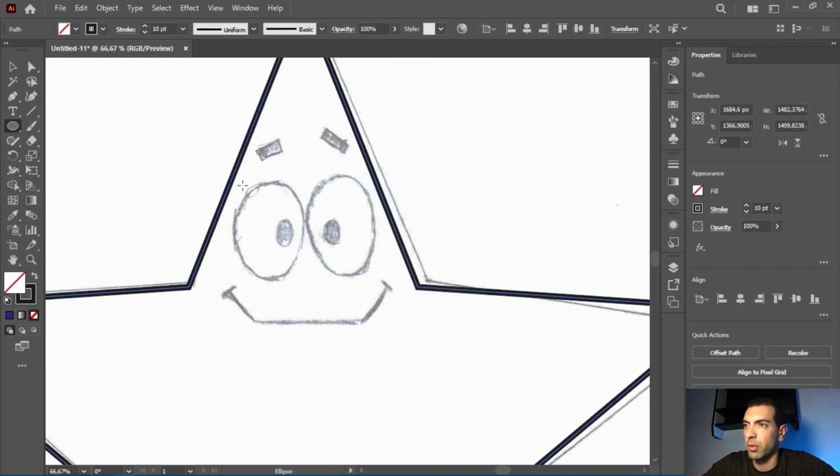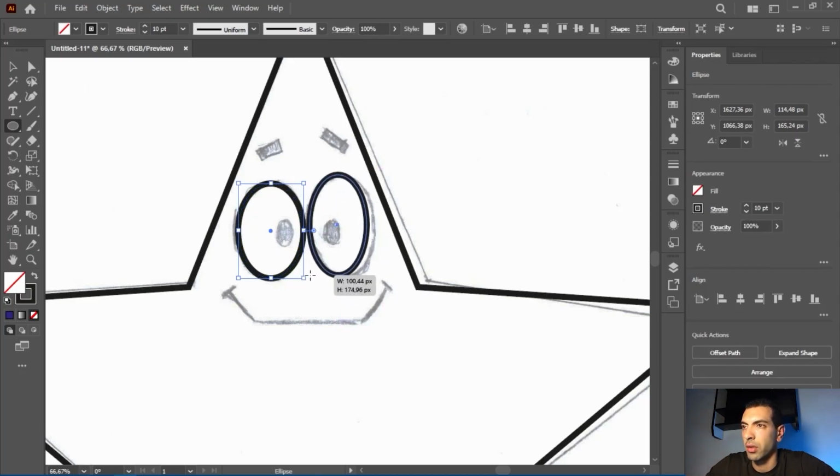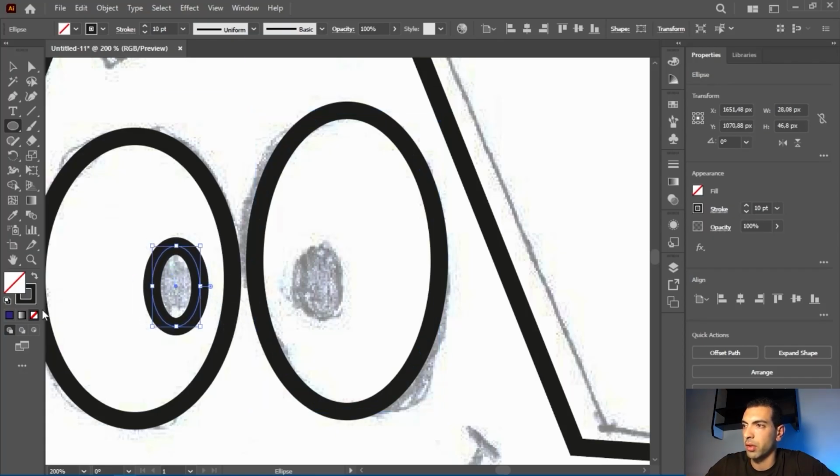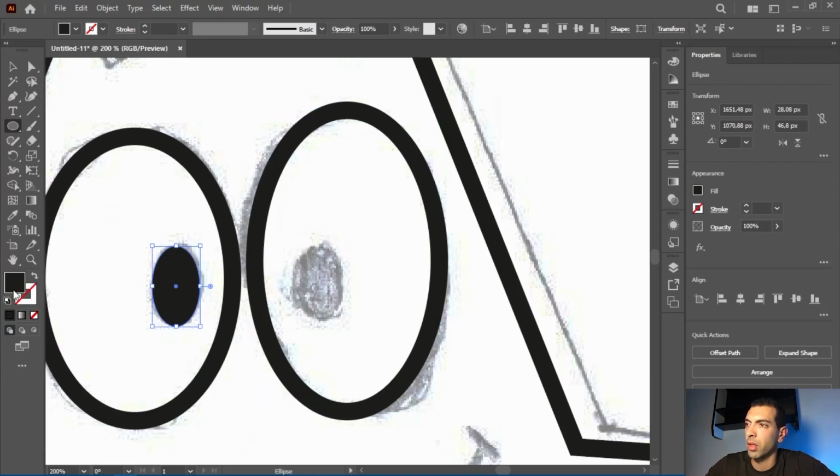I'm gonna choose the ellipse tool, and I'm going to draw the eyes just like that, and another eye here. I'm gonna zoom some more, draw something like that. I'm gonna swap the fill and the stroke,